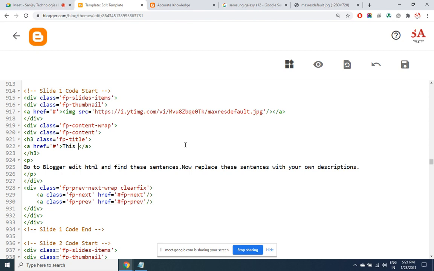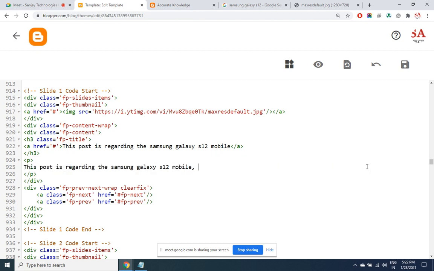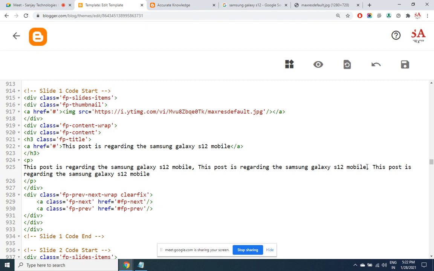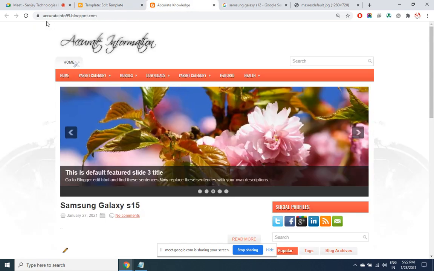So I'm replacing it. The next line, description, I am replacing with the same content. Okay, let us save and see whether we have got the changes.